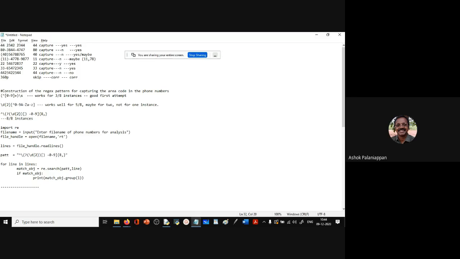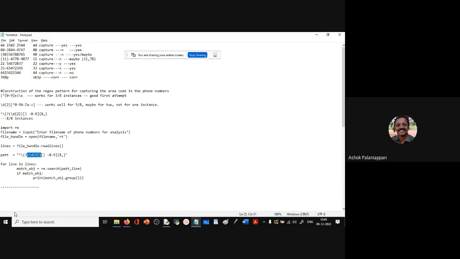Now, is this clear to everyone? We still have 1 more minute to go. That was a very quick program. Is this fine? Now we are reading line by line. We have constructed the pattern because we already did the analysis for the pattern. We have the pattern here. Now we have opened the handle to the file. We are reading the file line by line in the iterator lines. For every line, I'm doing a re.search with the pattern. Now, if there is a match object, then I want to print the group of 1 of the match object. And the group of 1 is basically the first parenthesis, that is the area code. So now we have the area codes printed.